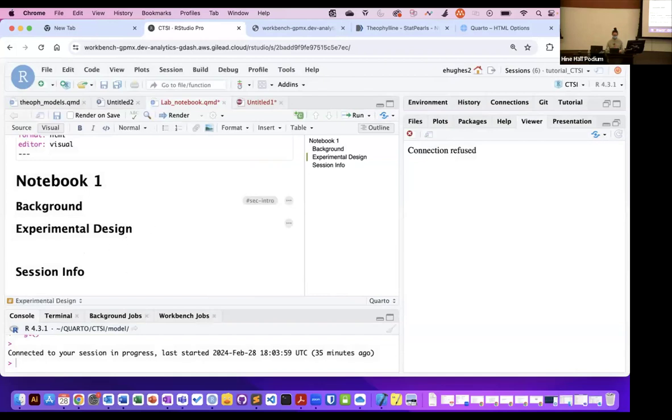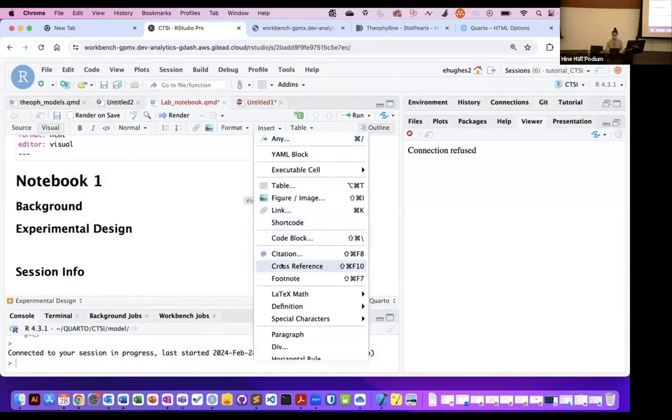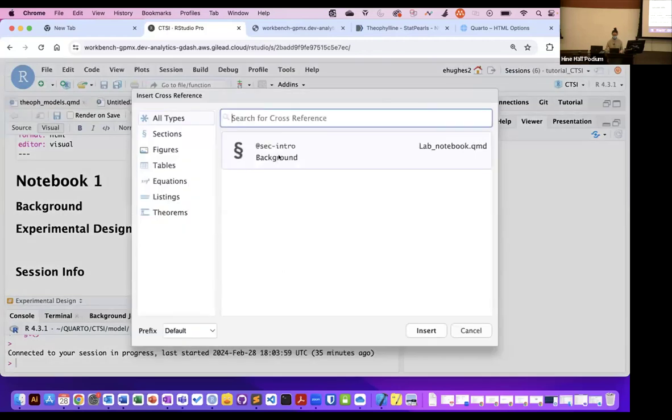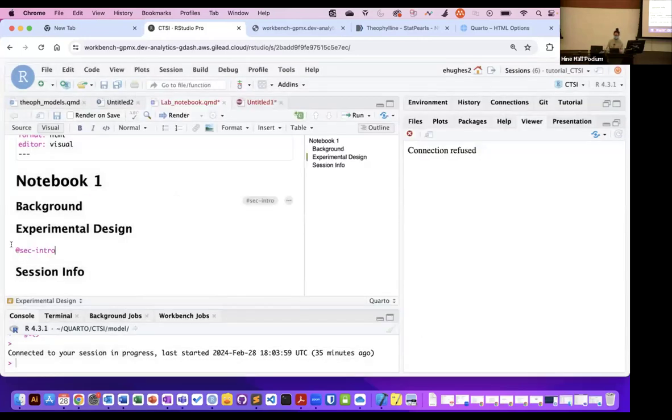So for example, if we want to cross-reference it like I mentioned, you can go into Insert, Cross-Reference, and it pops up automatically when we've done the syntax appropriately. If you make a mistake, then it will not pop up here, so take another look. And you can see that in order to cross-reference something, all we need to do is add our ID. So if we give this a render just very quickly to take a look at what it